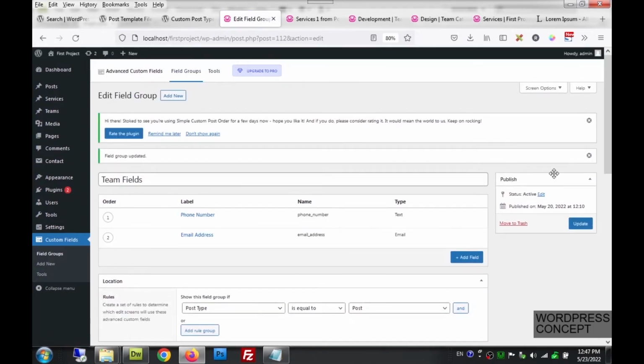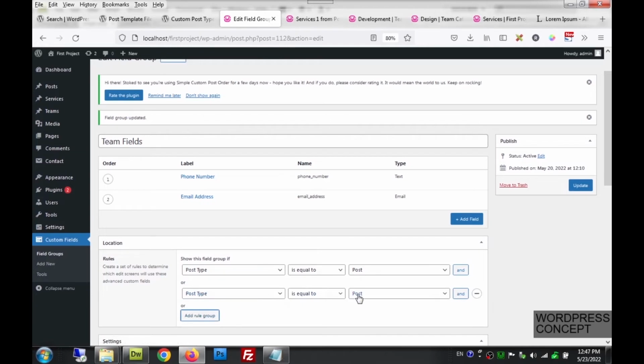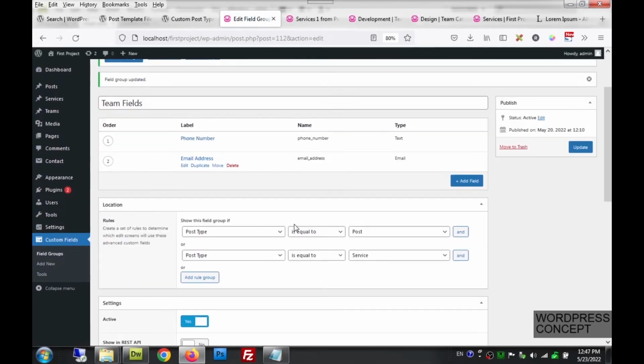In this way, these two custom fields are linked to post, but they are not linked to services because we have removed it from here. But we can actually link it to two post types. To link it to two post types, we can click on add rule and we will select services. So these two fields are linked to services and posts